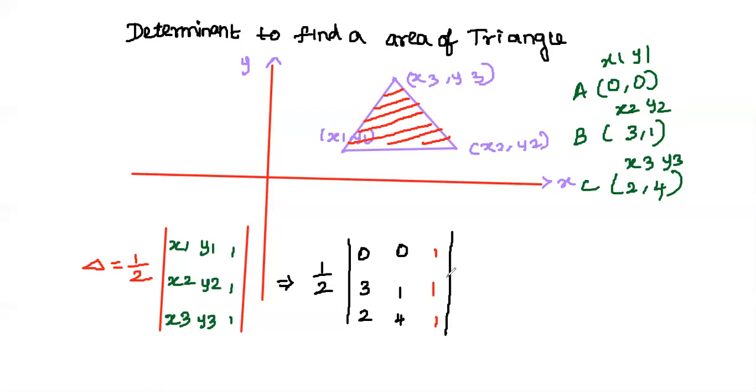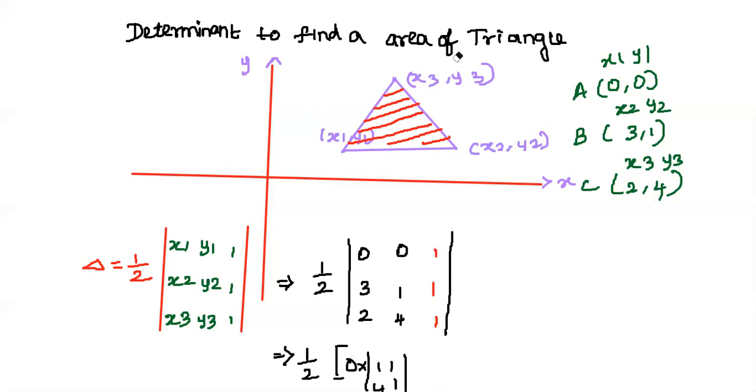So now we have to expand. Now we have to use the expansion technique for solving the determinant. So how do we solve? First you will be writing the A11, which is 0, and then you will be cutting its corresponding row and corresponding column. You will be writing its minor. It's 1, 1, 4, 1. So you will be multiplying the 0 and its minor. You don't have to solve the minor, because if you multiply anything by 0, you'll be getting the result as 0 only. So you don't have to solve this part. Okay, just leave it like that.